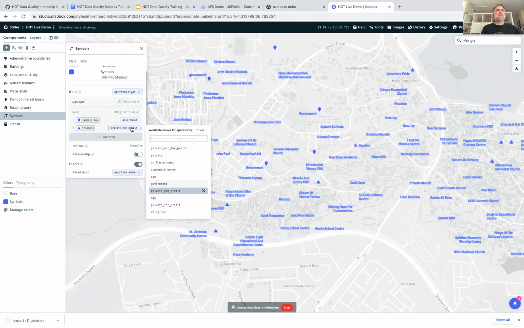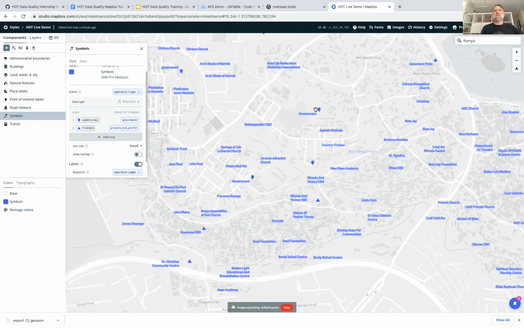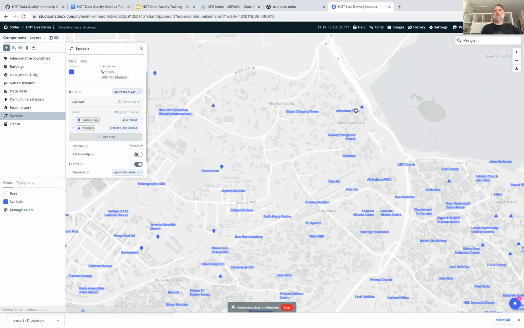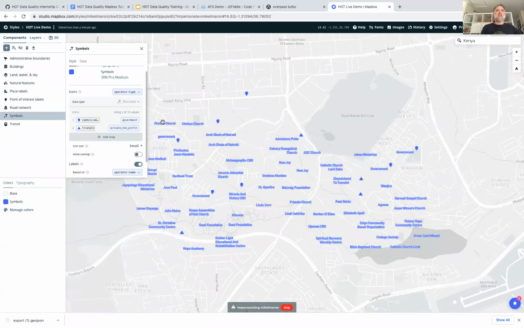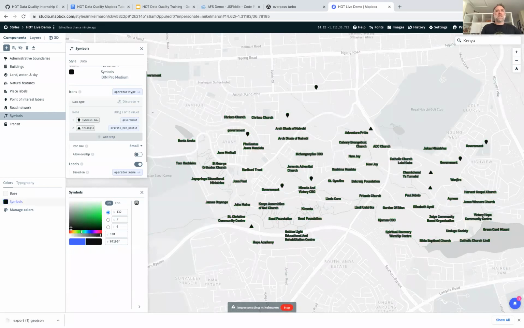Basically, if it's a government school, it's marked with one of these markers. Private but nonprofit schools are marked with this triangle, and you can see that it's just automatically applied. I want to change the color to something a little bit more... Ooh. How about just black? Something that's